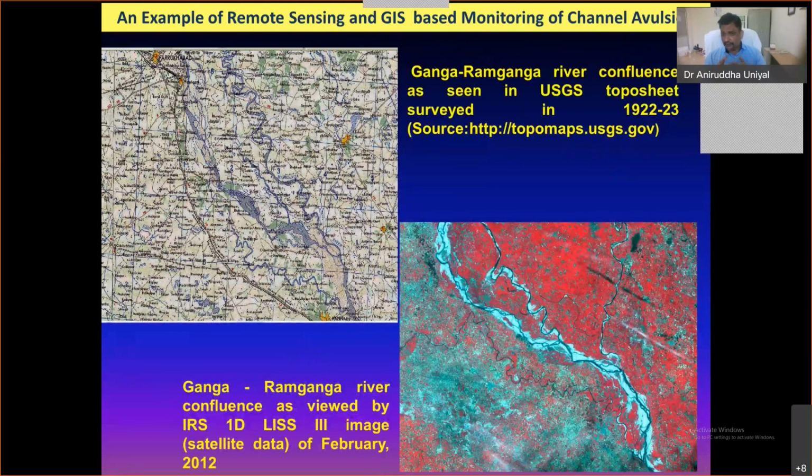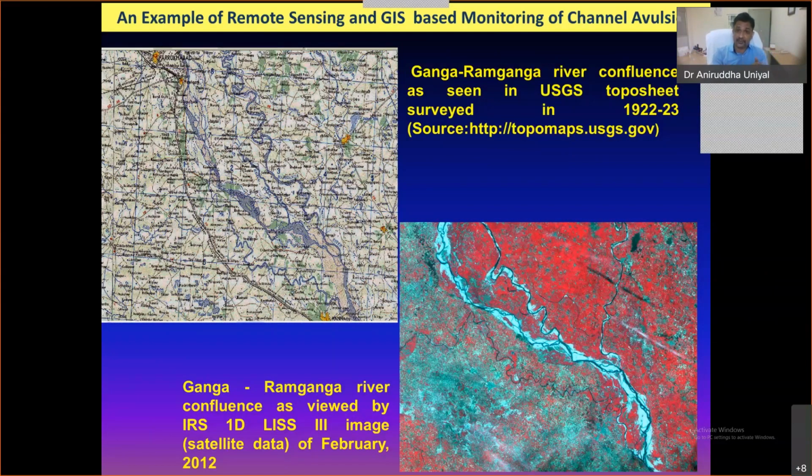Now, this is a very important example of confluence dynamics. This is probably one of the most dynamic confluences of our country. But one thing is certain, this is the most dynamic confluence of Uttar Pradesh. This is the Ganga confluence in central UP, in parts of Hardoi, Kannauj, and Shahjahanpur districts. And here, again, remote sensing and GIS technologies have proved to be excellent for monitoring it, for monitoring not only